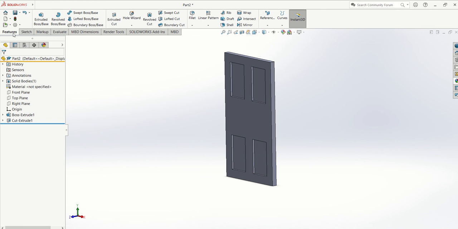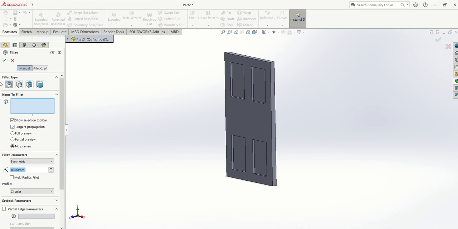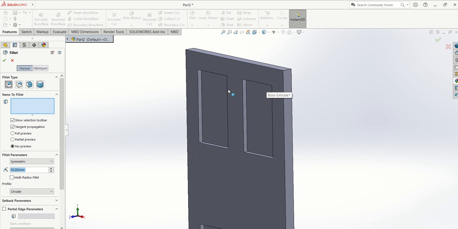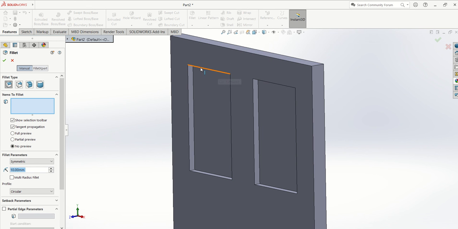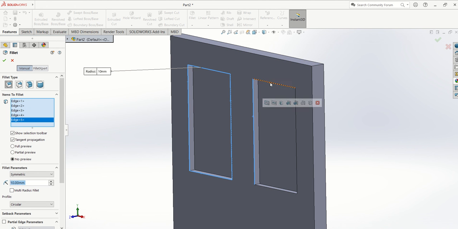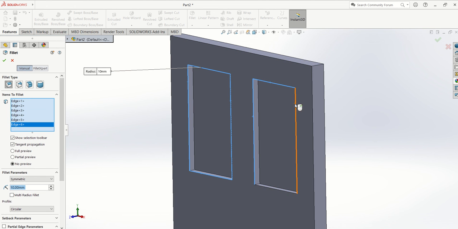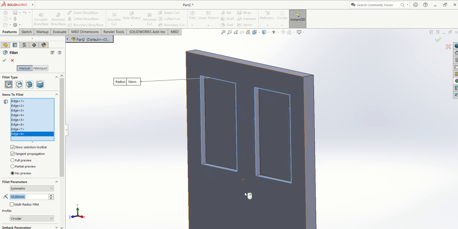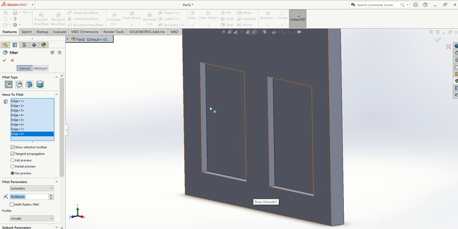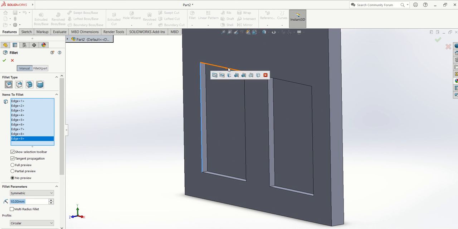So we're going to go to features again. We're going to go up here to fillet. So it highlights this box on the left in blue, says fillet. So that wants to know what lines are we going to fillet here, okay? So if you zoom into your drawing and you just select all of these 4 lines on the 4 rectangles here. So take your time. So there's the top one's done. Then if we go down to the bottom,